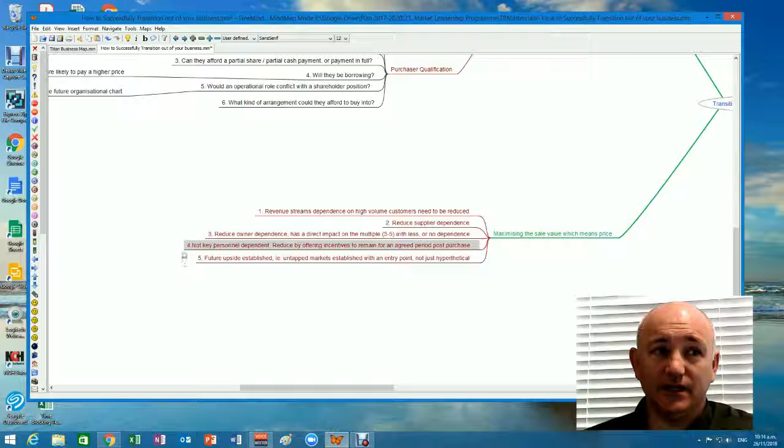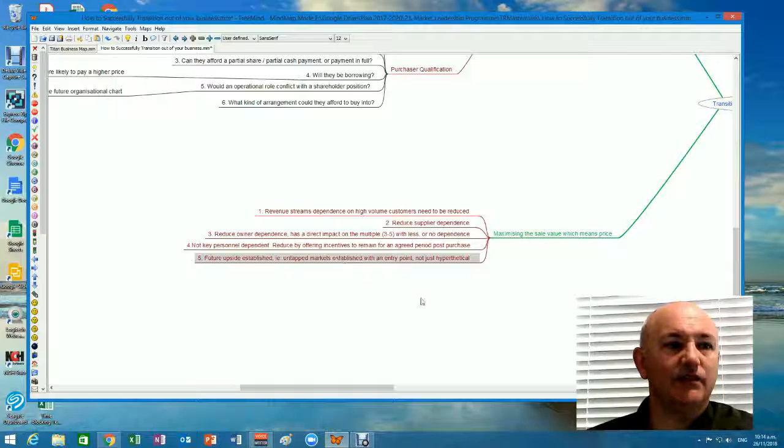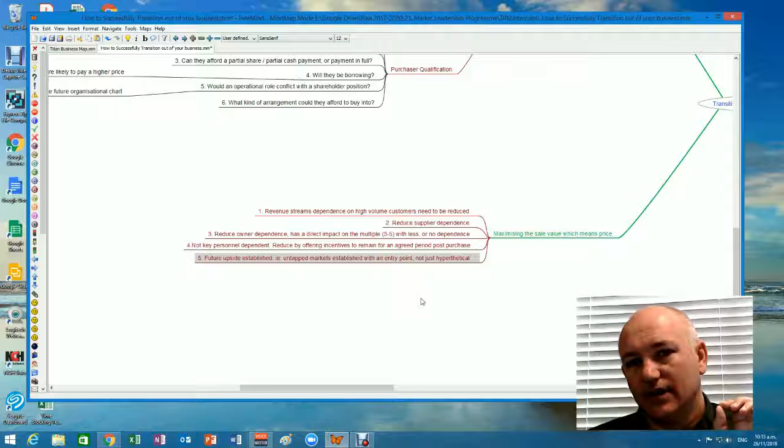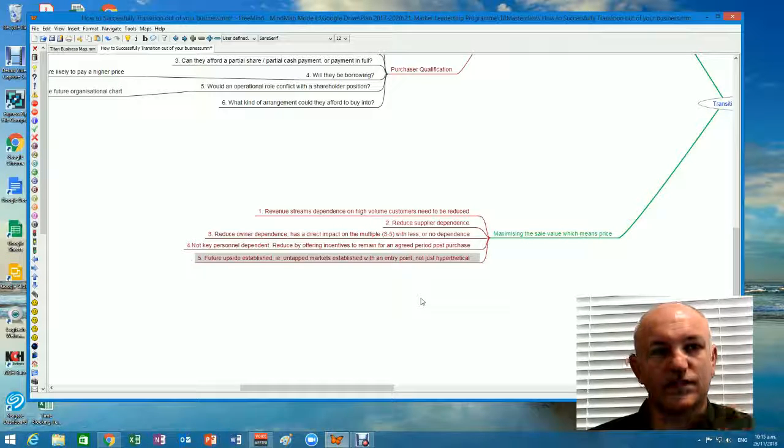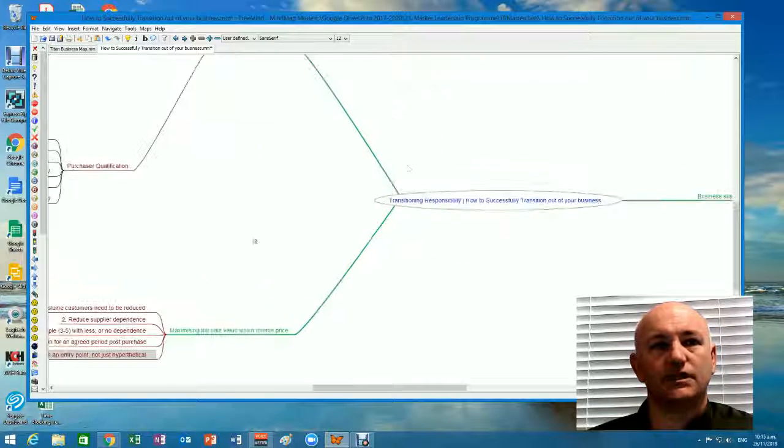It can't be personnel dependent on key people. And there are ways to incentivize people to stay 3 to 6 months, 12 months after the purchase has happened, and future upside needs to be established. So not just a hypothetical idea, having a foothold or some process in place to allow yourself to get into new untapped markets is going to support increasing the value of the business in a sale